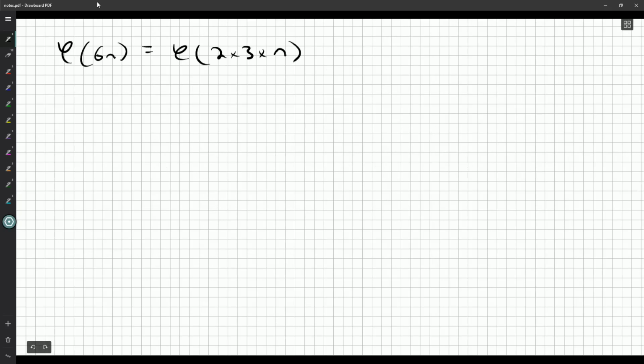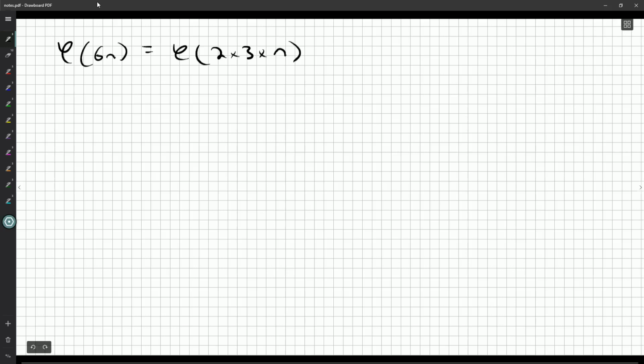Phi 6n. Ask about phi 6n. So that's phi of 2 times 3 times n. Again, depending on what n is, is it a multiple of 2? Is it a multiple of 3? What might we have going on here? Okay, so we could have lots of things, really,